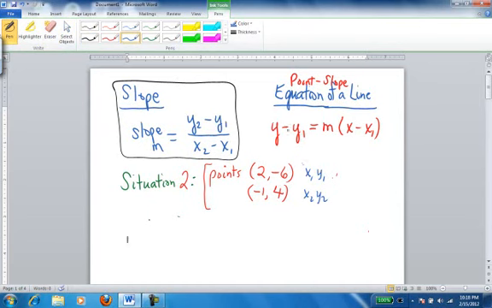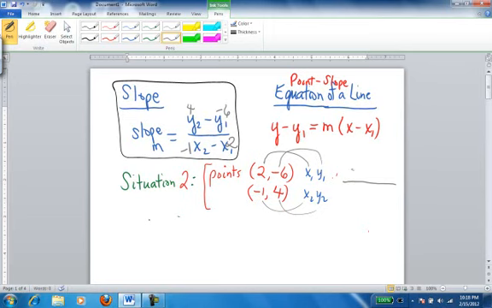The x1 is going to be 2. So I'm going to put the x1 right here where 2 is. The y1 is negative 6. That's going to go right there. The x2 is negative 1. That's going to go right there. The y2 is equal to 4. That's going to go right there. So if I'm looking at this again in a little better situation,